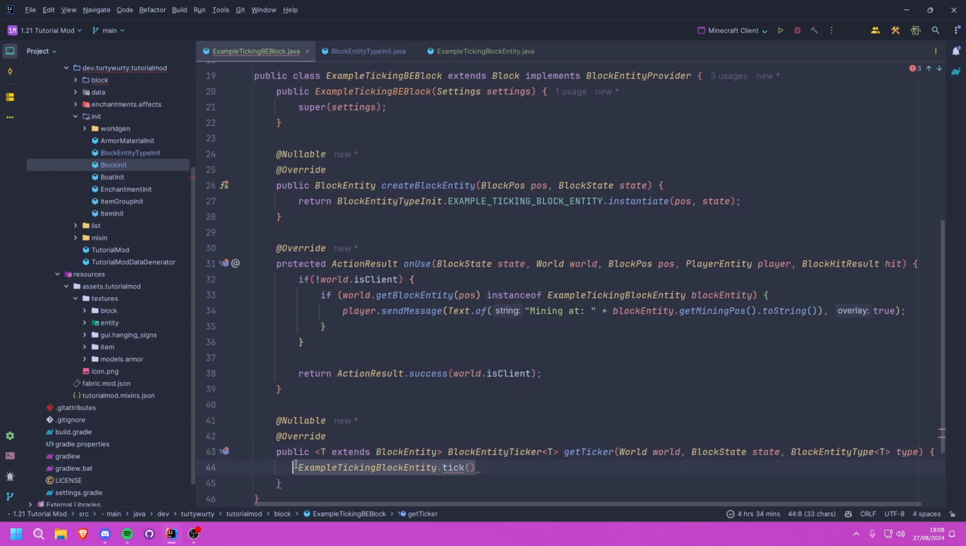But we're not going to be doing that. We are actually going to create an interface that we will implement on our block entity, and then we can override a tick method, and then all we have to do inside of this ticker is return that tick method, basically, if it's an instance of our tickable interface. And that just allows for a lot more reusability in the future